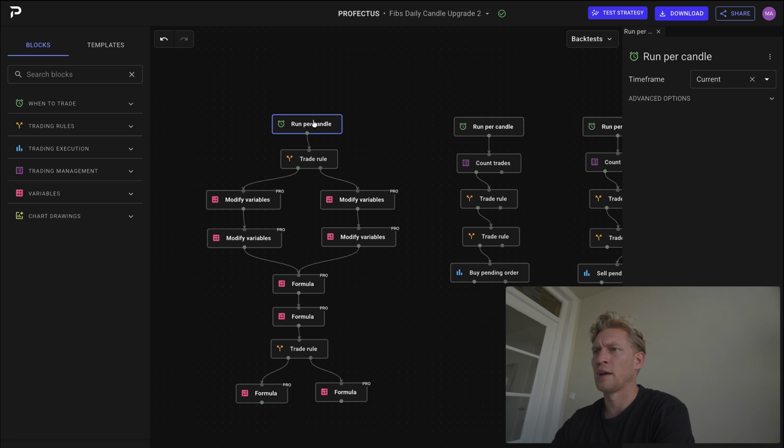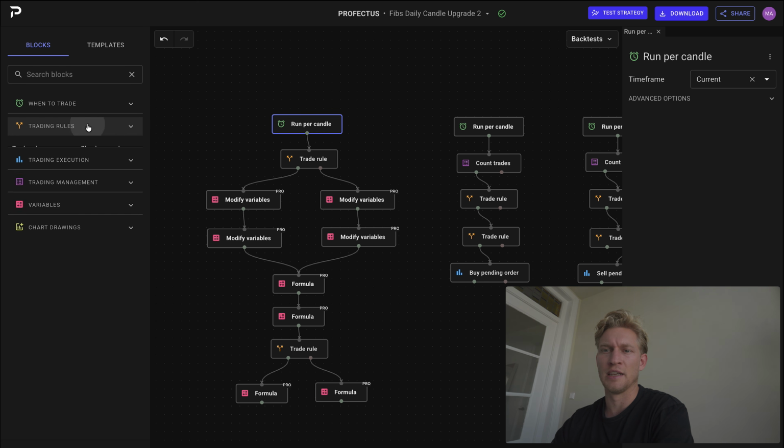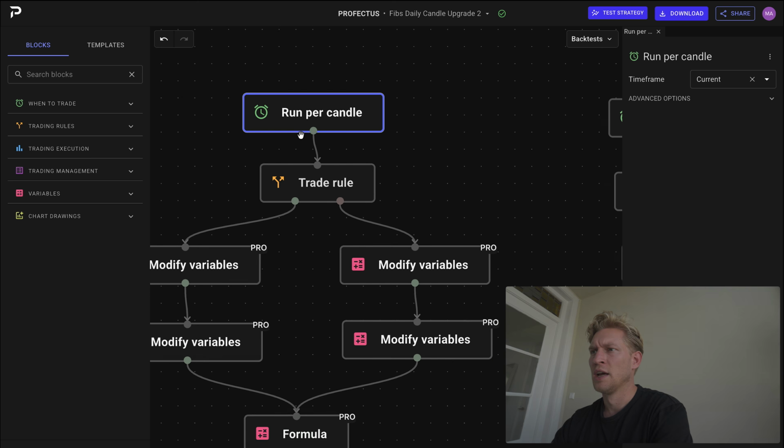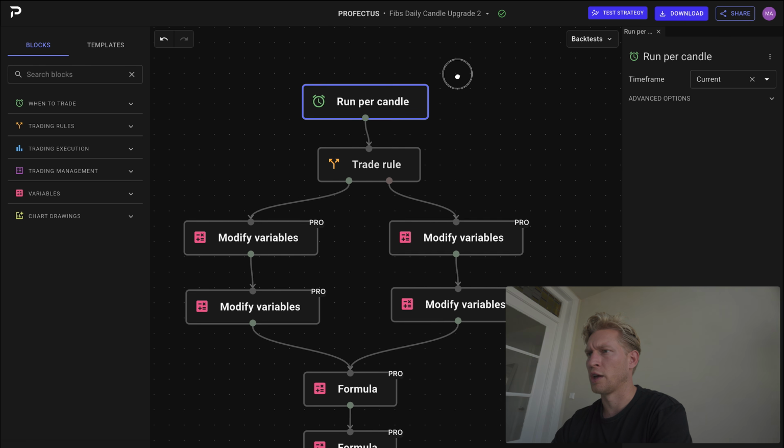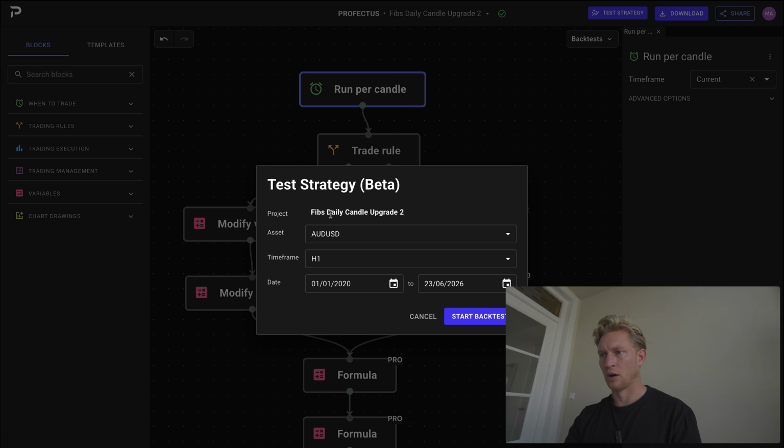First of all, run per candle. This means, if you're new to the platform, by the way, it's a drag and drop platform. We have made it easy for you to connect these blocks and then no code your trading plan. We have here run per candle, so every candlestick close, if I run this here like on Aussie dollar, the